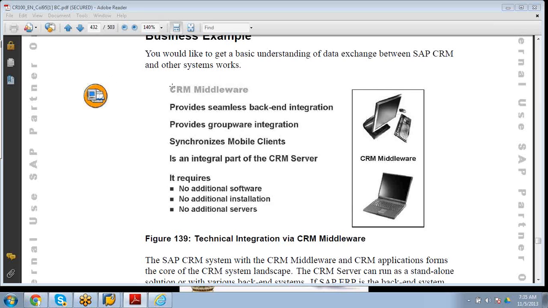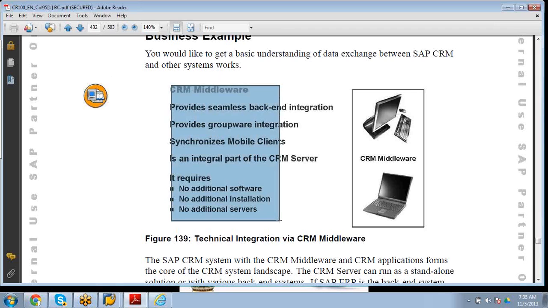First of all, write some important points in your note: it's a seamless backend integration. You don't need to buy another external middleware. There are a lot of middlewares in the market like TIBCO, Vitria, Web Methods, but those are external. Internal products always have internal monitoring, and an inside system is always good.